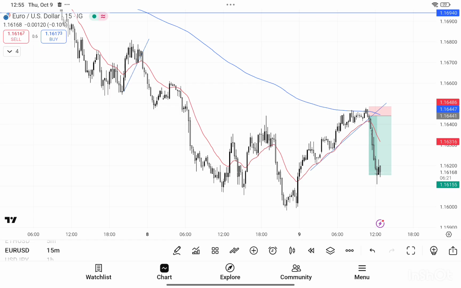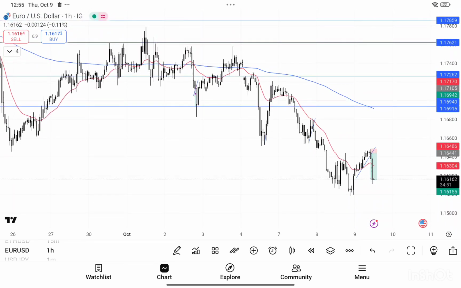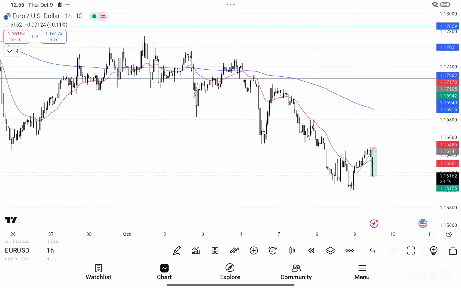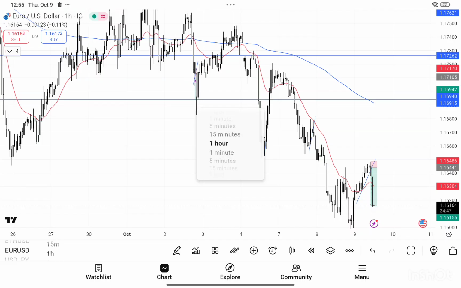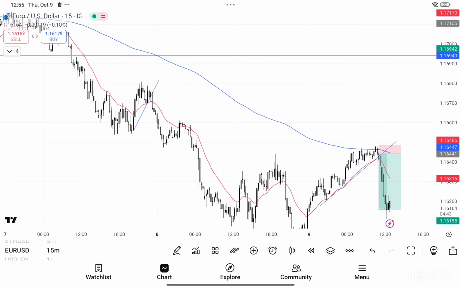Anyways, the trading strategy which I will show you is based on EMA strategy. Okay, so first of all, you will have to come to 1 hour time frame and check the market trend. Okay, the market is bearish. Good. After that, you will have to come to 15-minute time frame and you will have to add an EMA